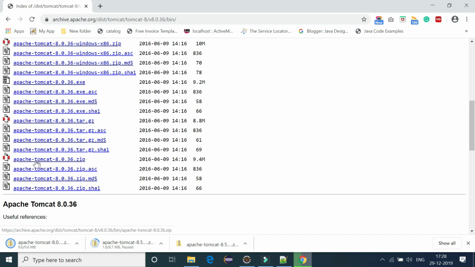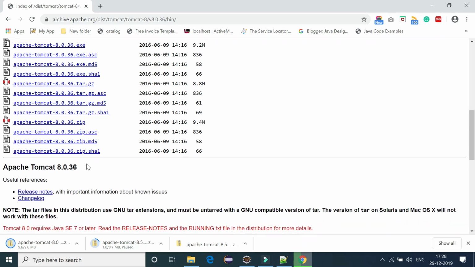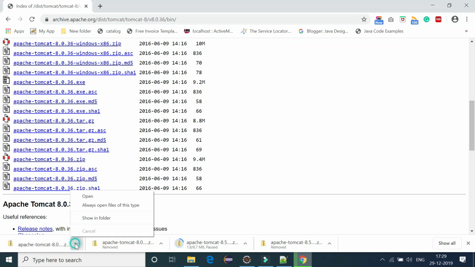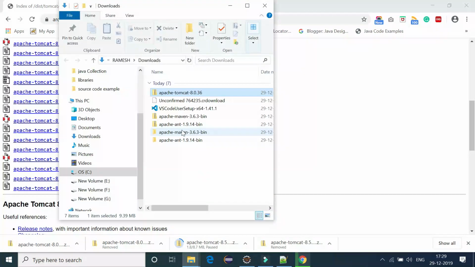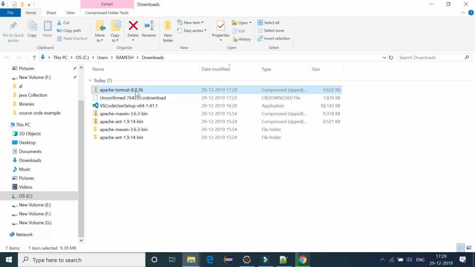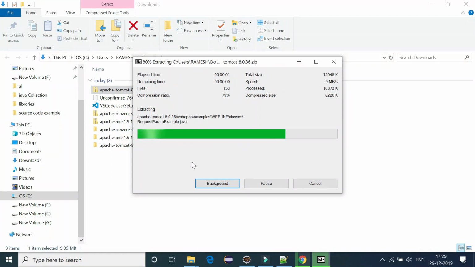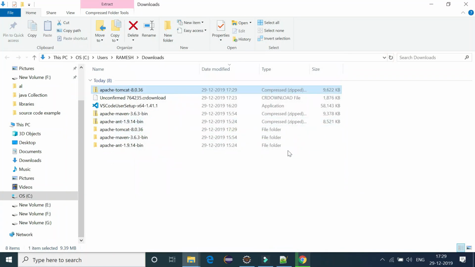So this will download Apache Tomcat as a zip file. So it will take a couple of seconds to download. Let's wait for a moment. Okay, so once download is complete, then just open in a folder, and you can just right click and extract it. Okay, now what we'll do, we'll switch to the Eclipse IDE and we'll configure this Tomcat path